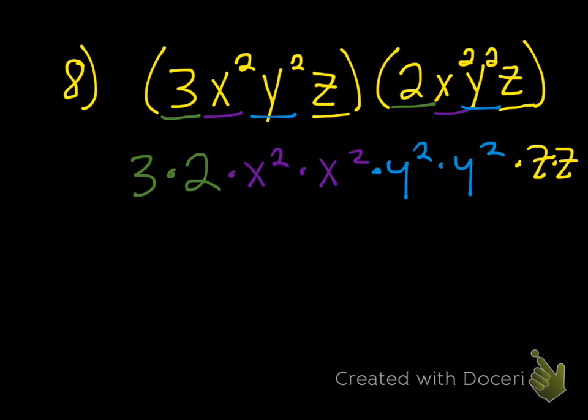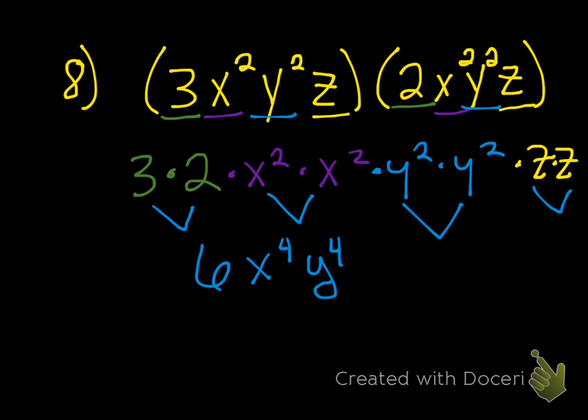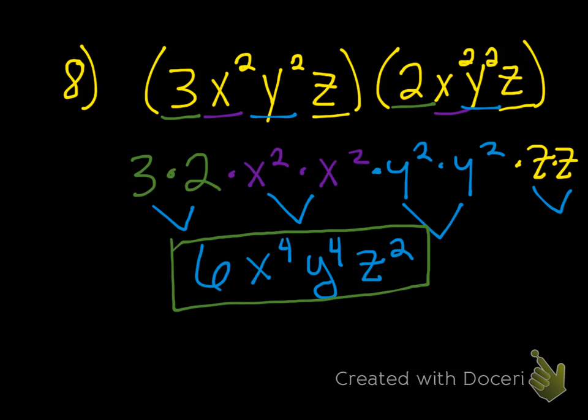All right, so now we can just go through and simplify. So 3 times 2 is 6. X squared times x squared is x to the 4th. Y squared times y squared is y to the 4th. And z times z is z squared. Okay, so just think about it. If I gave you all those values for your variables, it's much nicer to plug it in to this one rather than plugging it into the question that you got to begin with. Okay, now,